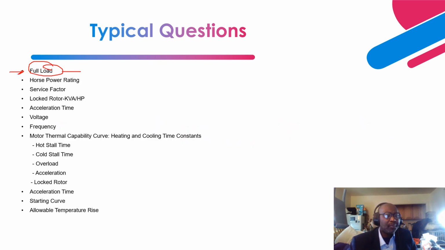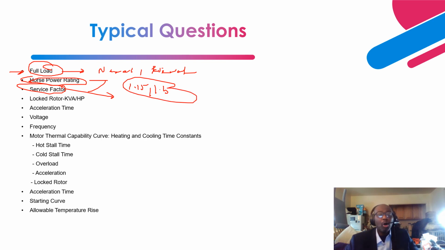The full load amps will be seen on the nameplate of the motor. And the manufacturer will also give you the technical data sheets for the motor, and you see that parameter to provide it. Then the horsepower rating, and that's very important. Then the service factor. The service factor basically comes into play for overload conditions. So you can have a service factor of 1.15, 1.25. That itself tells you how much overload the load that is coupled to the motor you can have, above your nominal rating.